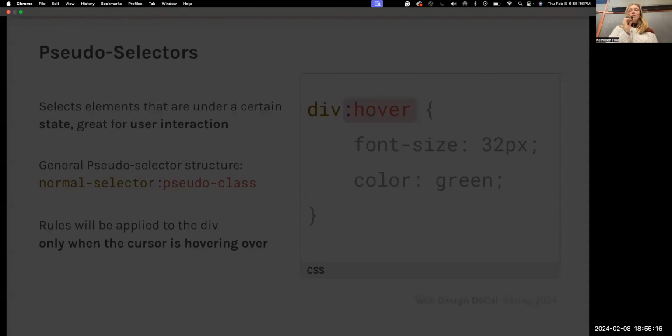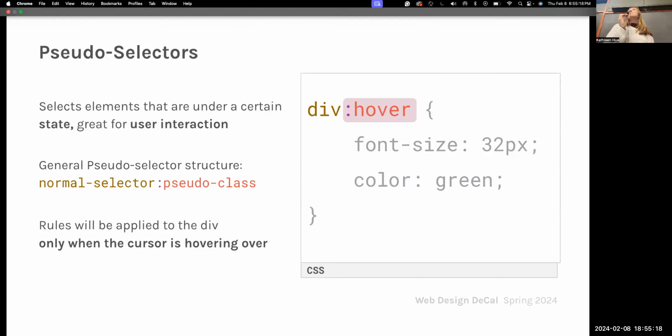These kind of specify, I like to think of them as specifying the action behind CSS selectors. That's not entirely true, but that's the way I like to think of them. And they select elements that are under a certain state, and they're really good for user interaction. So as you can see, we have